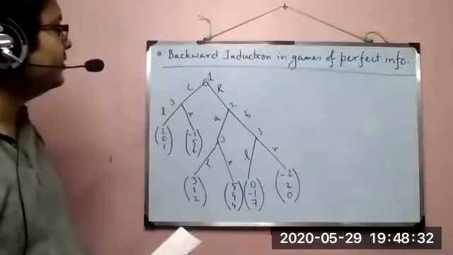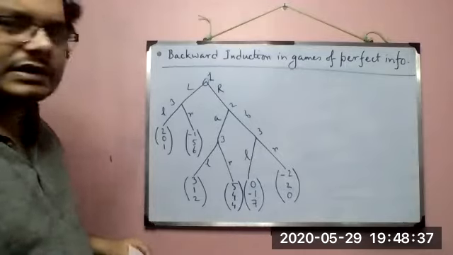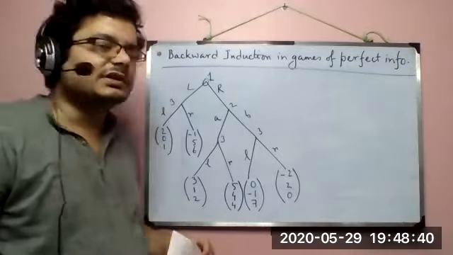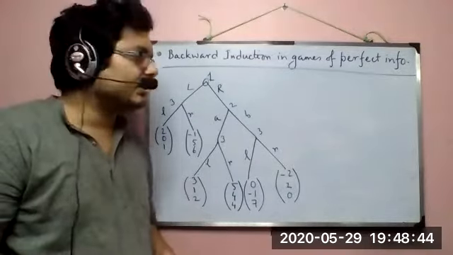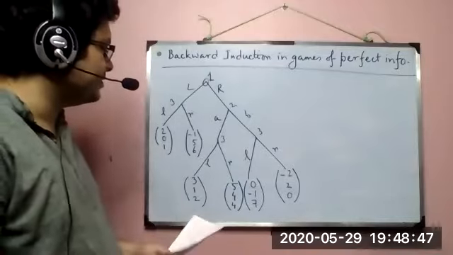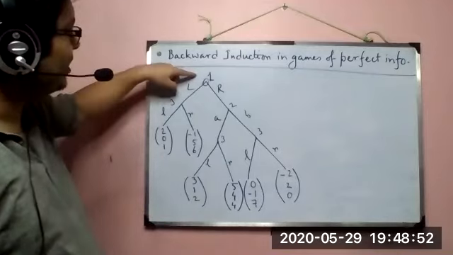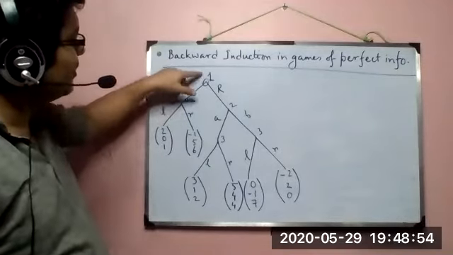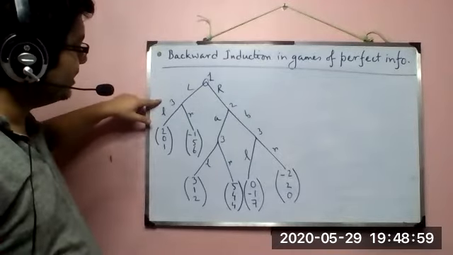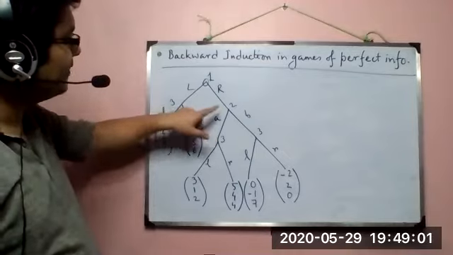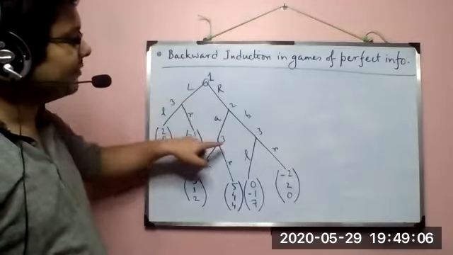Okay, so today we will look at another example of application of backward induction. This time the game is just a bit larger, and it is one step up. Why? Because here player 1 has two strategies, and if one chooses L, then player 3 gets the chance to play, and player 2 never gets the chance to play. But if one plays R, then only player 2 plays, and thereafter player 3.